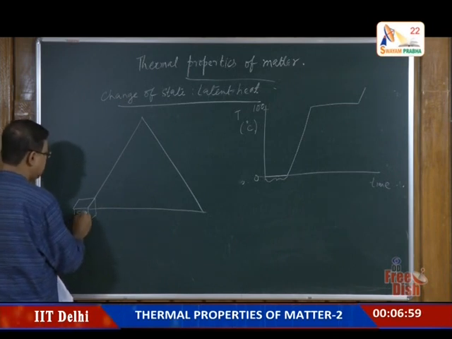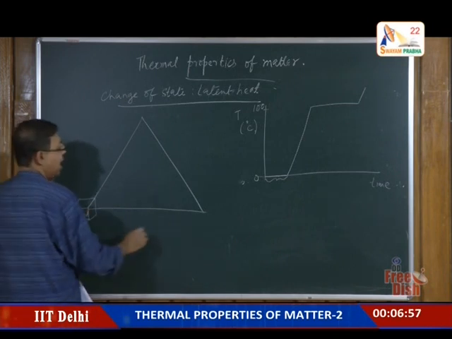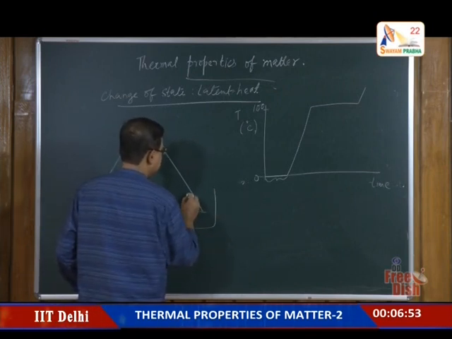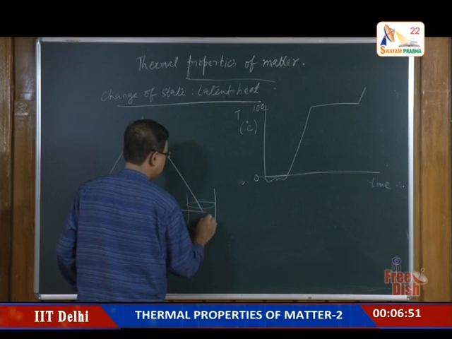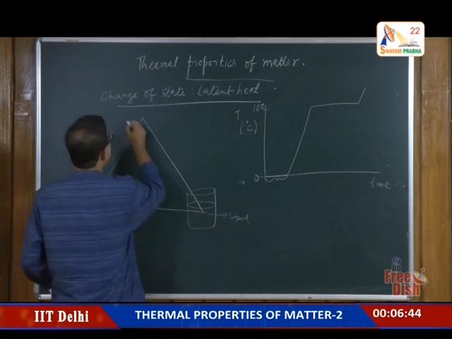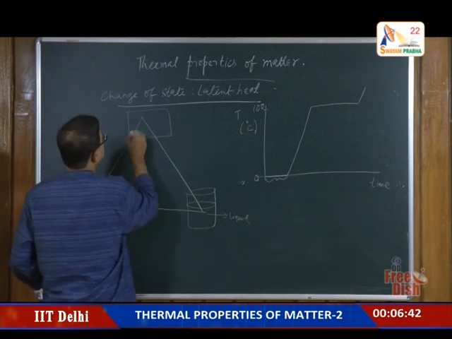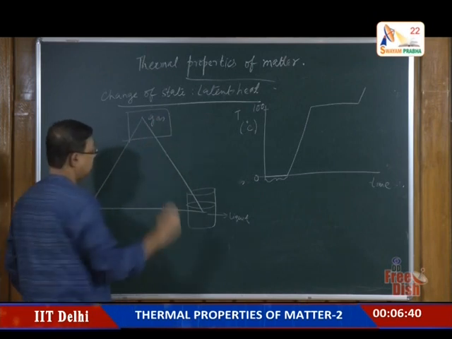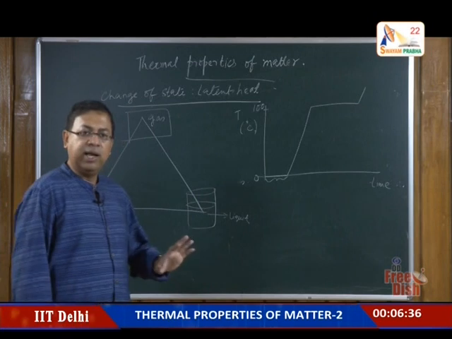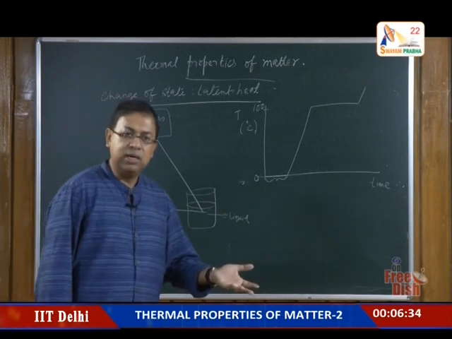So this is a solid, and there is a container containing a liquid, and there is another container containing gas. Okay? So these are the three states of matter, and one can go from one state to another, just like